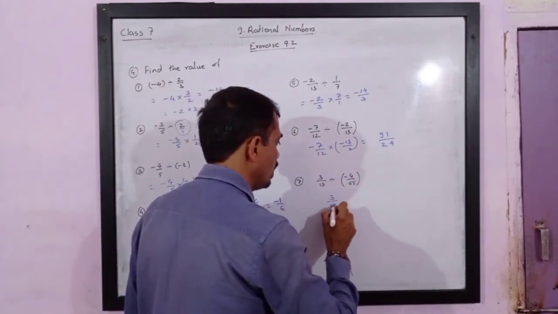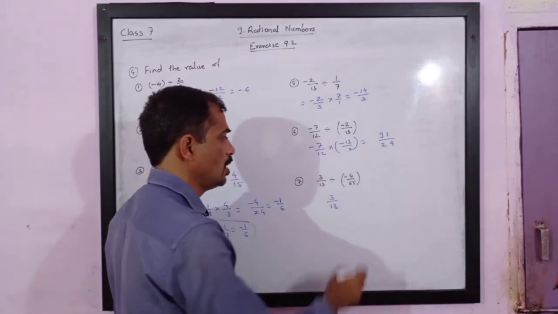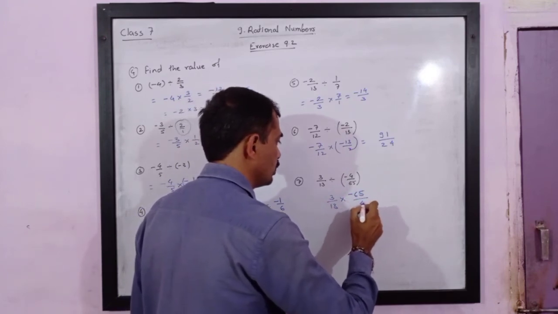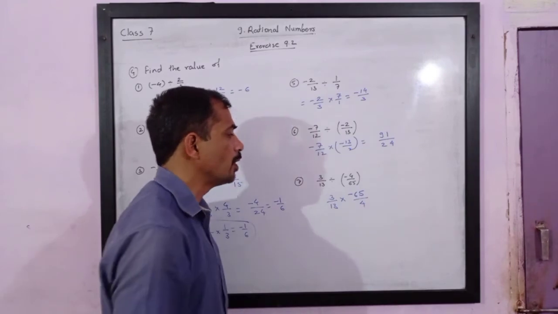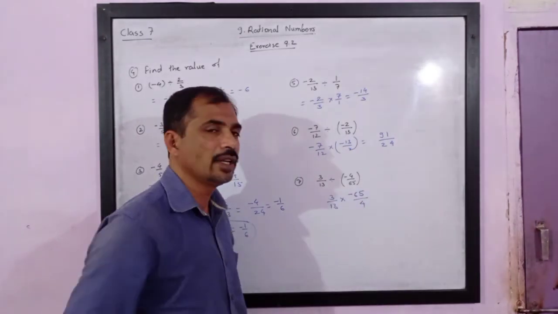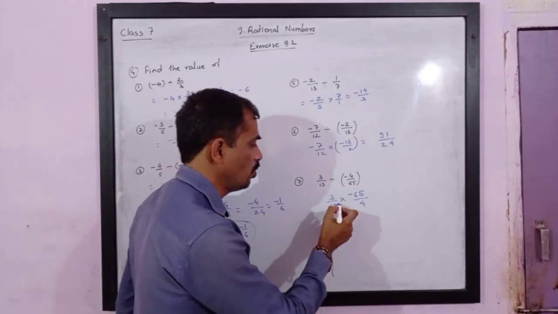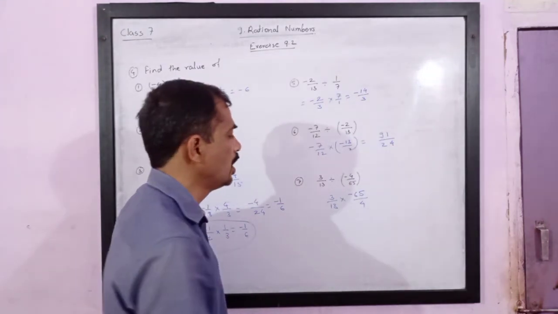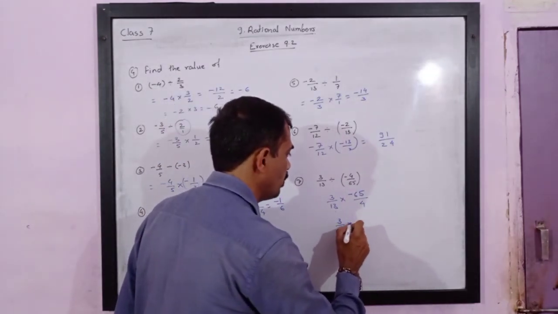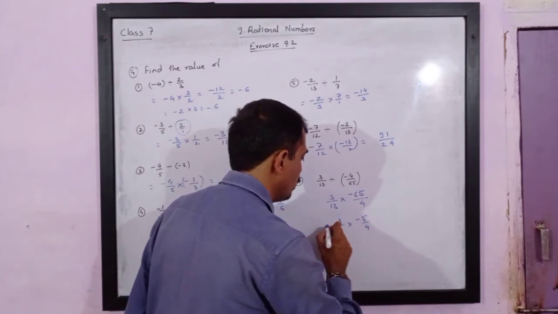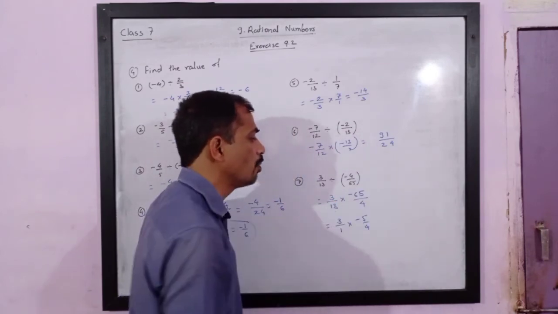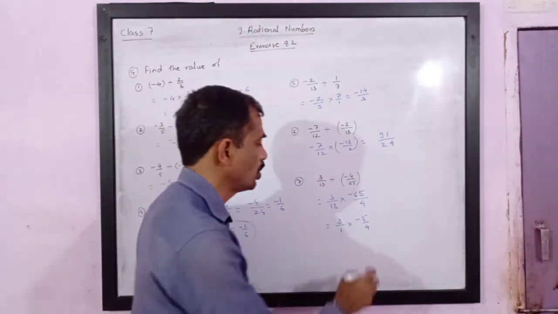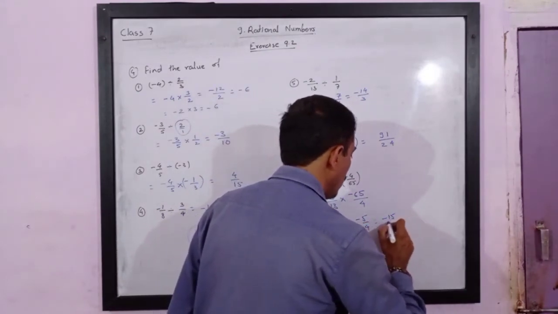Then next question is 3 upon 13 divided by negative 4 upon 65. So this will be multiplied by negative 65 upon 4. You can take the negative sign at the bottom also, but standard way of writing is we always write the negative sign at the numerator. So this becomes 13 ones are 13 and 13 fives are 65. So numerator and denominator both can be divided by 13. So we will get 3 upon 1 multiplied by negative 5 upon 4. Please note, I have divided numerator and denominator both by 13. So we can divide numerator and denominator both by same number. So this is equal to negative 15 upon 4.